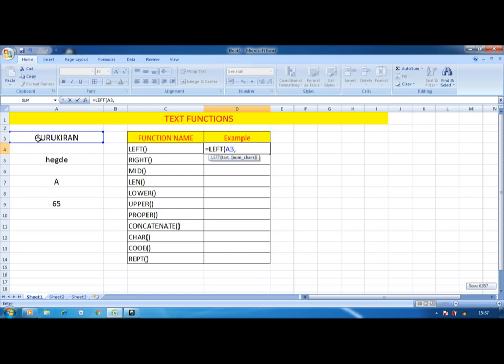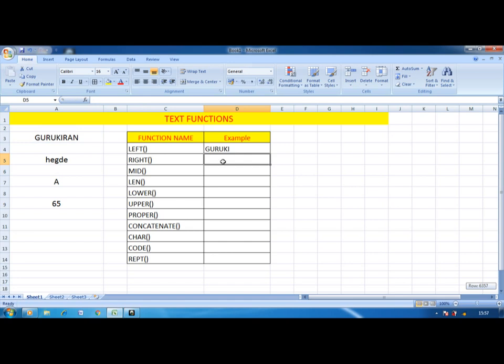So if I enter 4 and close the bracket, and press enter, the result will be GURU. Instead of 4, I will make it 6. This time, from the left side the first six characters are extracted, that is GURUKI.